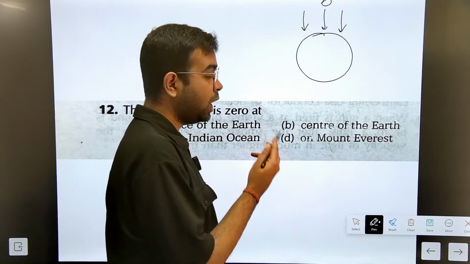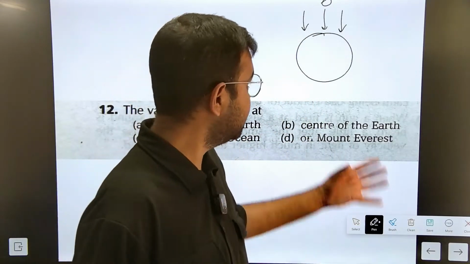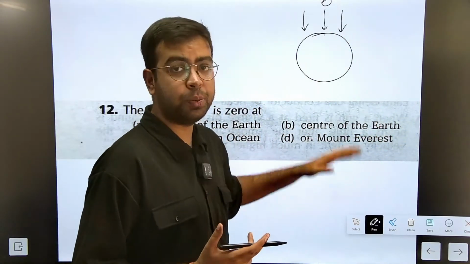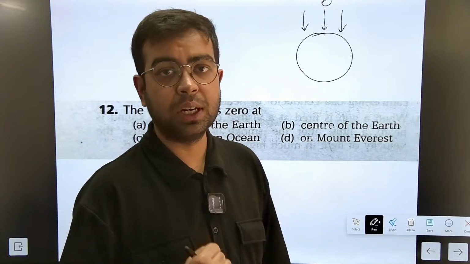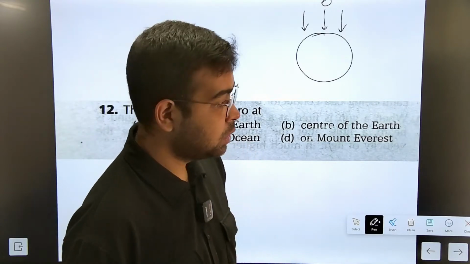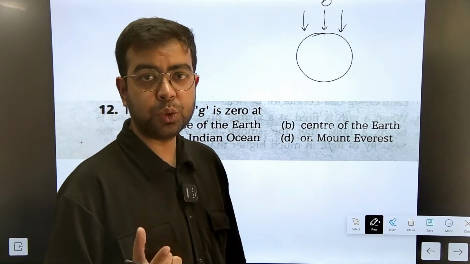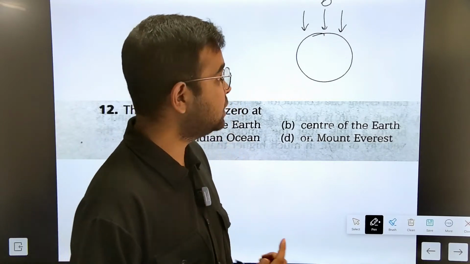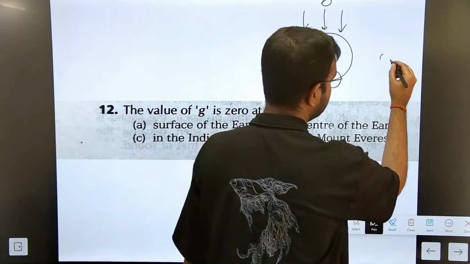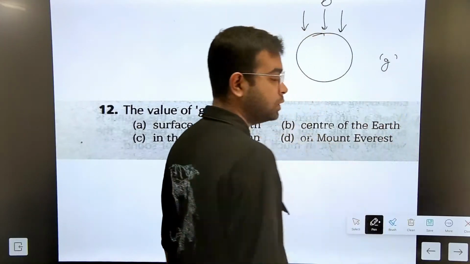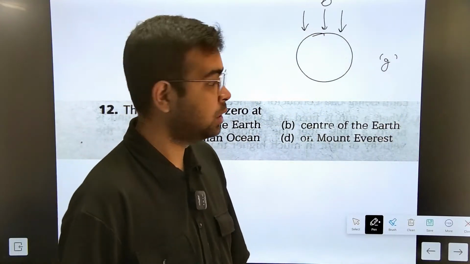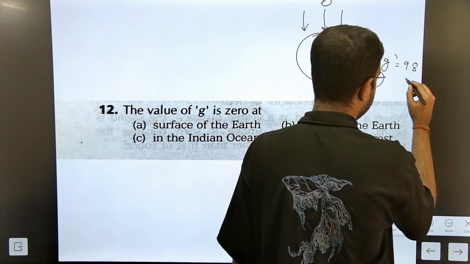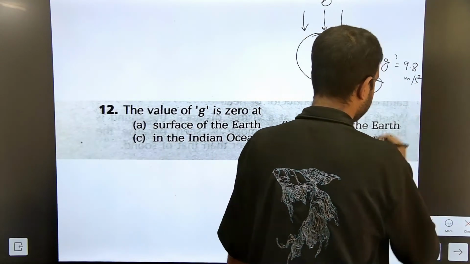So why is it gaining this acceleration? Why is its speed increasing? Because Earth is pulling it with its gravitational pull. Now, for Earth's case, due to Earth's gravitational pull, whatever acceleration is created, that is denoted by the letter small g, and it is known as acceleration due to gravity. For Earth, the value of g is constant. It is 9.8 meter per second square.